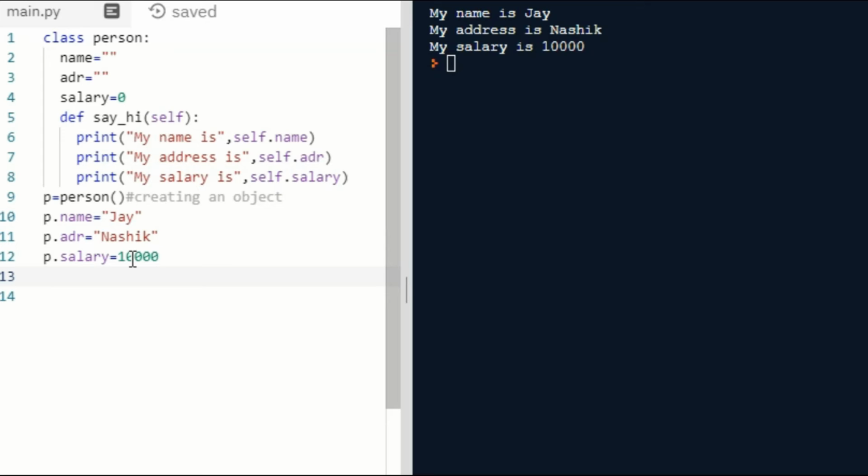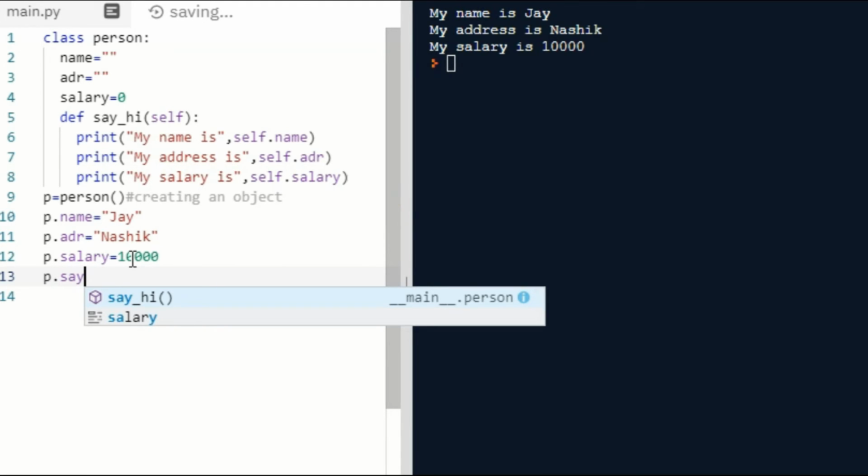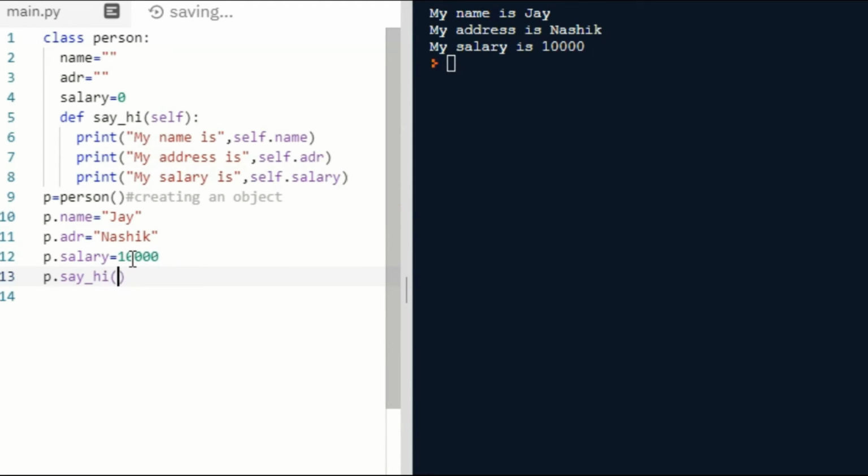Similarly, we will use the object dot operator here also. So P dot say hi function, opening closing bracket. Okay, so this is the simple program where we have defined a class person. For example, it has three data members, name, address, salary. It has one member function, say hi, opening closing bracket.